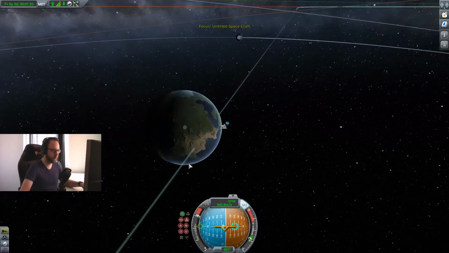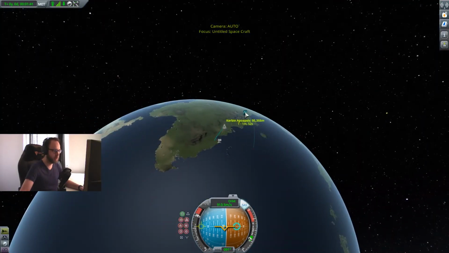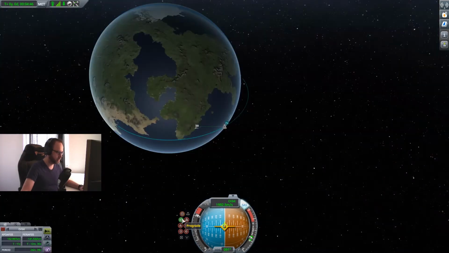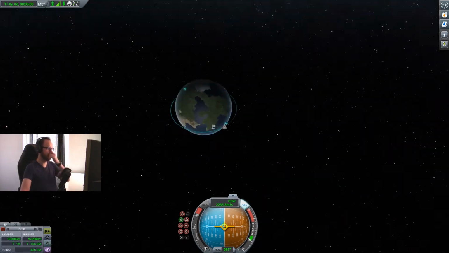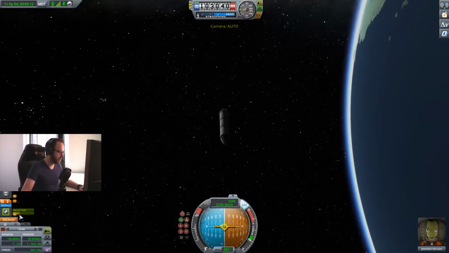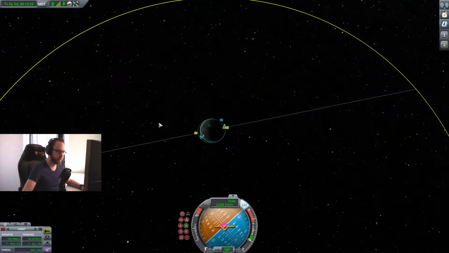Okay, so let's take a look at our orbit. Well, not much better than before. Let's just see if we can get it into orbit. Almost there. Perfect. So we're finally in orbit with only that much fuel left. Okay, now we have to intercept. So it's moving in this direction. Let's just add a